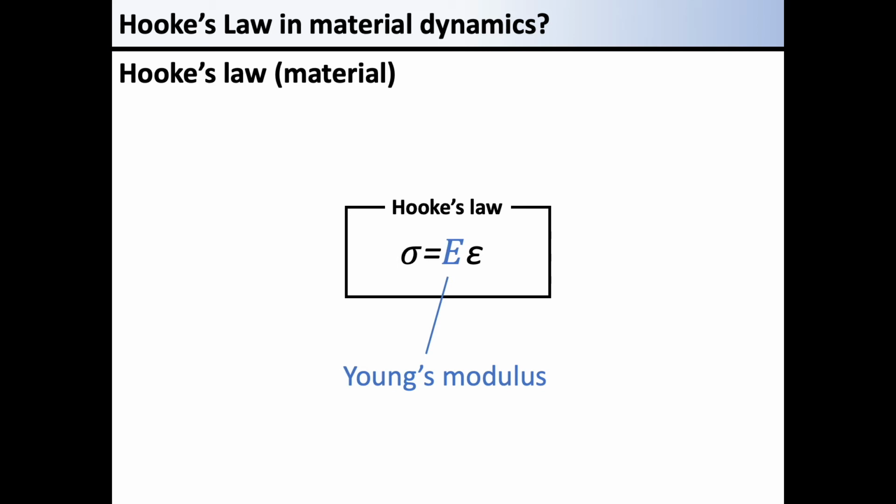The word hardness may not be used here. In material dynamics, the term hardness is not used to describe the magnitude of Young's modulus. Here, we shall use the term rigidity or stiffness. The higher the stiffness, the higher the stress to generate equivalent strain. Then, as mentioned before, this means that the Young's modulus is higher.